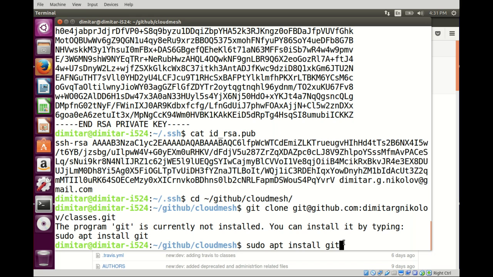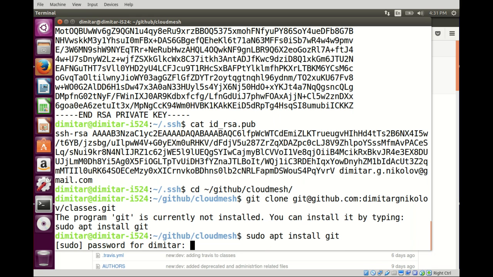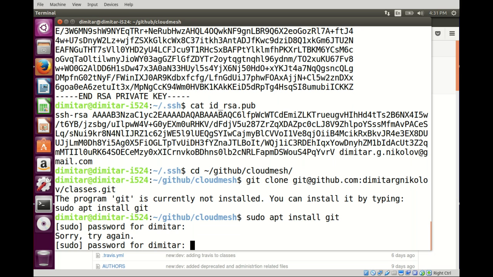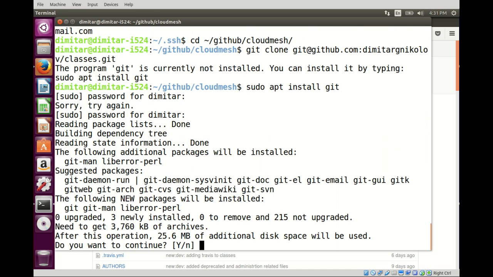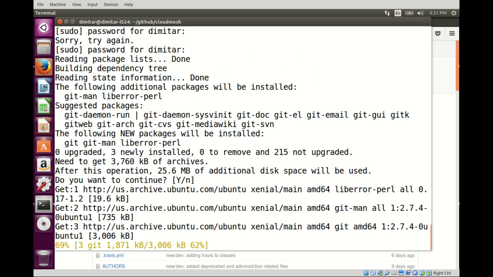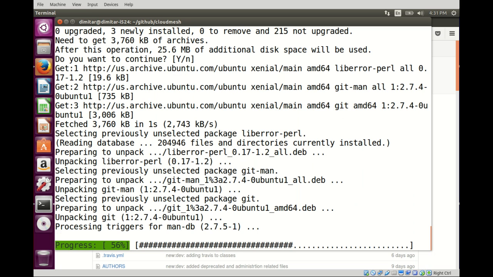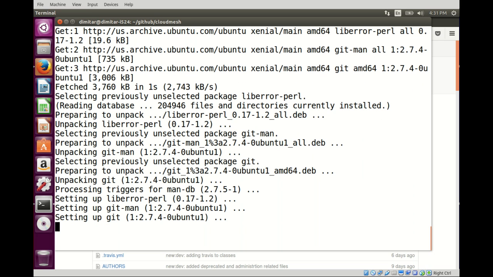package. So I'm going to do that, and I'm going to enter my account password, and this is going to do the installation for Git. And so the only thing that I need to do in the process is agree to the package being installed. So I'm going to finish installing this, and once this is done, I can